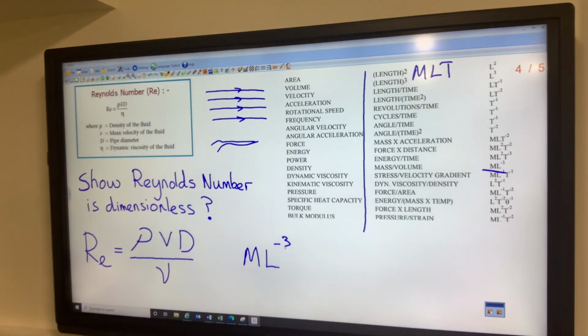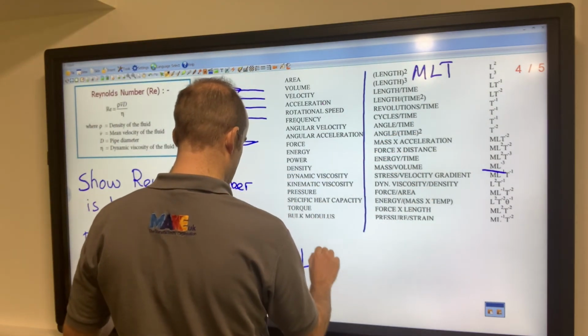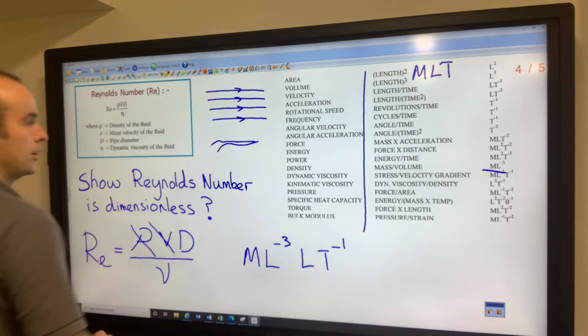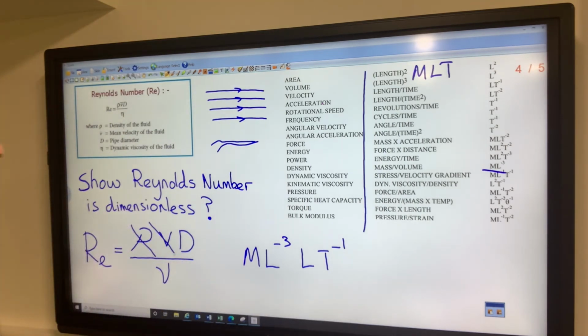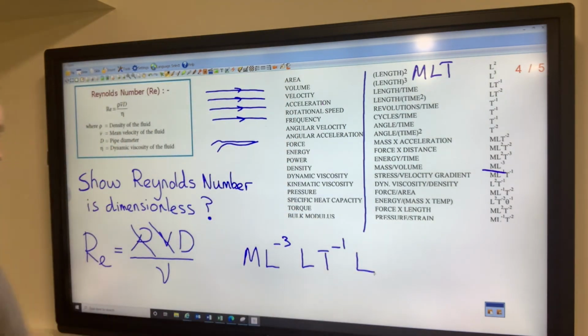Okay. V is my velocity. So that's L T to the minus 1. So I've done those two. D, it's a length. And finally that thing, dynamic viscosity,